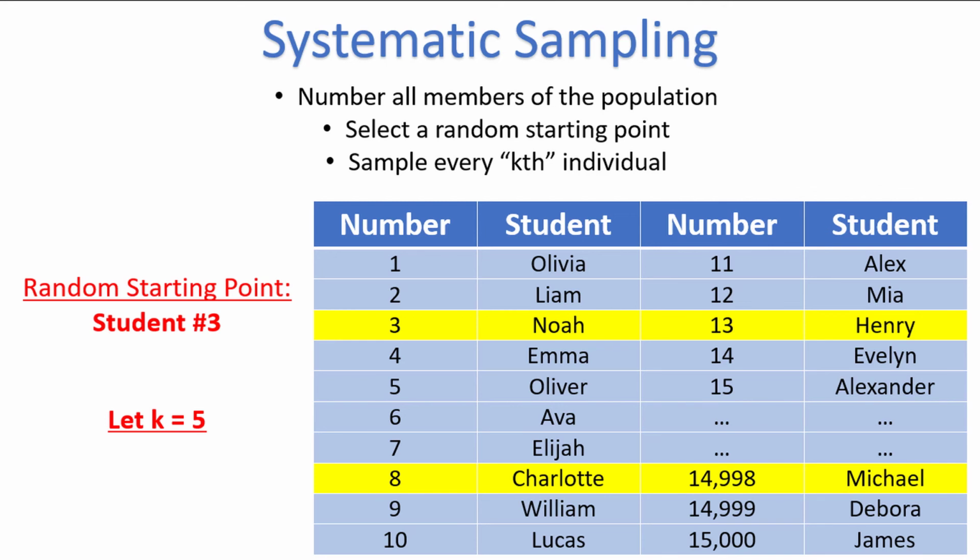Sometimes the random starting point will only be within the first k values, so you could generate a number just from 1 to 5 to find your starting point. If the students are numbered randomly, meaning there are no patterns in the data, and they aren't, for example, alphabetized or organized in any other way, then the value for k doesn't really make much difference. If the students are numbered according to some pattern, maybe in the order of when they took their first class, then a large value of k would make more sense.